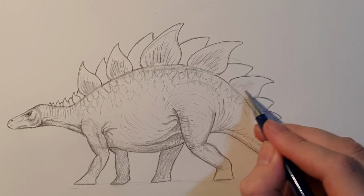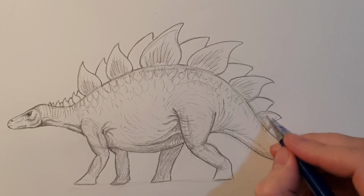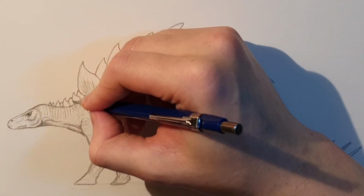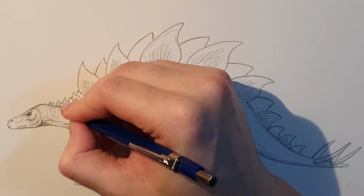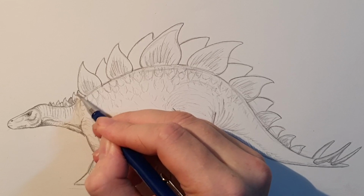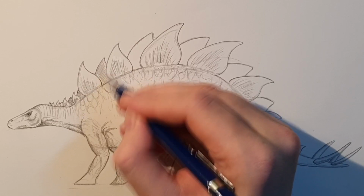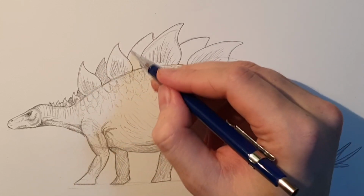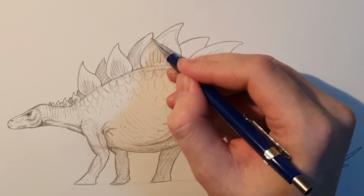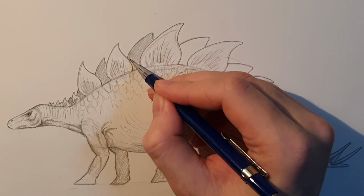Alright, and if this is done, I would say that the drawing is about done. Oh no, we still have to put in the shadow on the plates on the opposite side, of course. I think that will be just fine. Like I said, just put in the shadow on the plates on the opposite side. Just make them as dark as the darkest shadow in your drawing. It's not because of any particular reason, it's not like the sun doesn't get there. It's just that I don't wanna go into the trouble of drawing all the detail in, because it will take a lot of time, and I think that this video is already becoming very long,